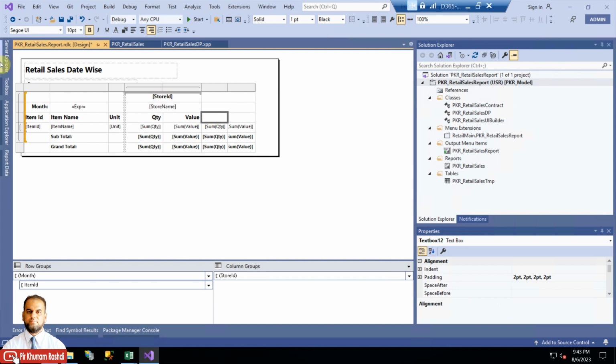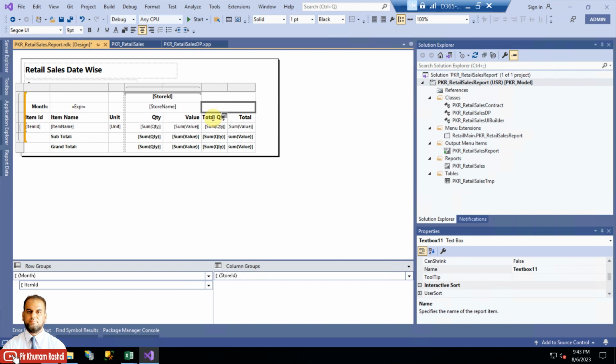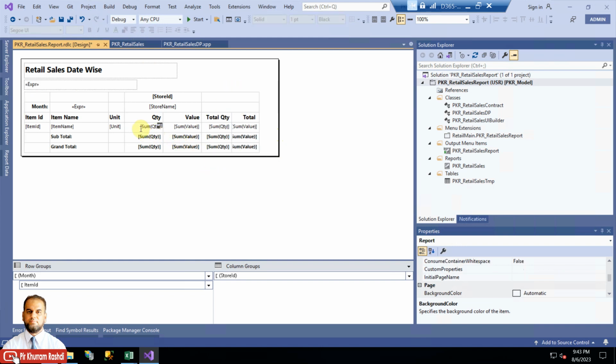Okay, here you can put total quantity as a column header, and then total value. Then, if you want, you can right align. Okay, after right aligning, also if you want to round up the values,